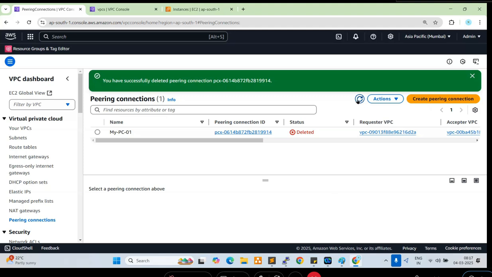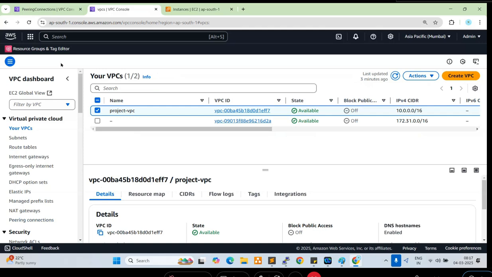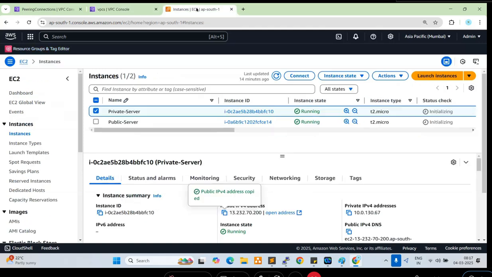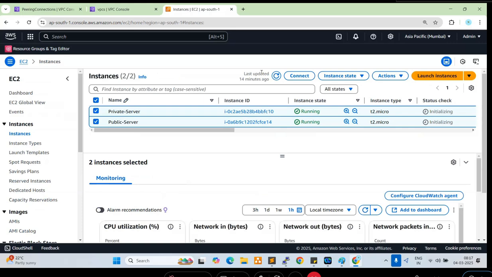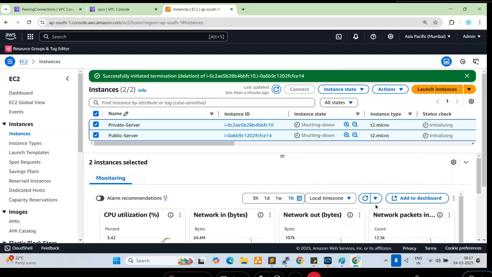So after that, once it is deleted, go back to EC2 instances first. So remove the server. Here we need to delete the public server and the private server. Both the servers we need to delete first. Terminate. After that, we can go and delete the